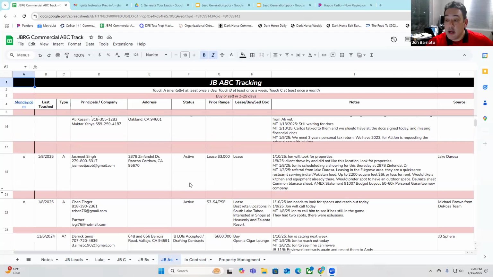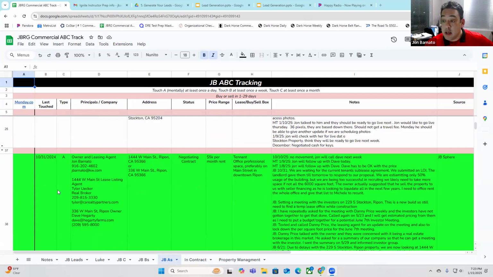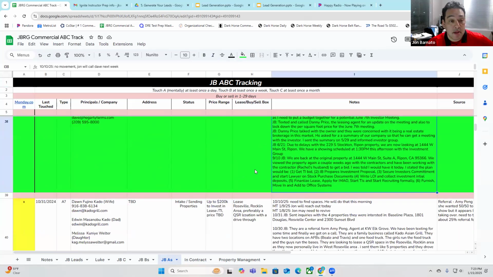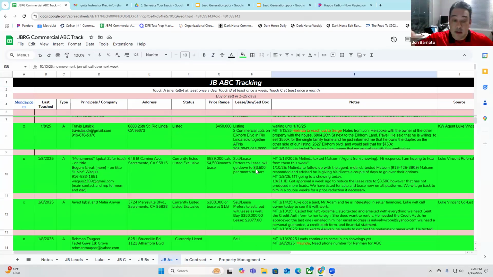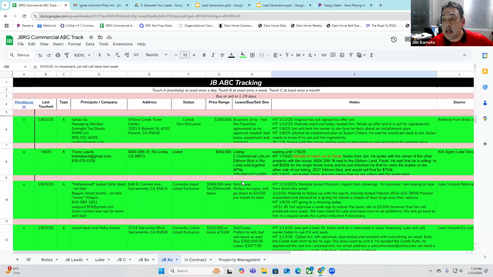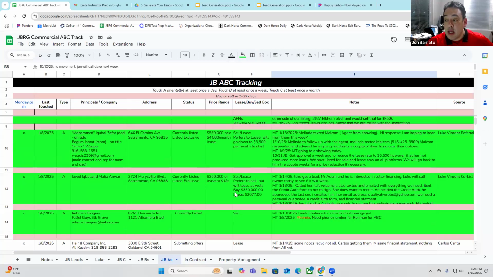This is literally a client. So I structure my team as A people. These are all my A people. Literally date, last touched, type, principals, address. This is kind of commercially. So what they're looking for, notes with dates, times, everything on there. Does that make sense? Now, you can structure the same thing in Command. So we moved to technology on this, but I wanted to give you a visual example of what you can do.